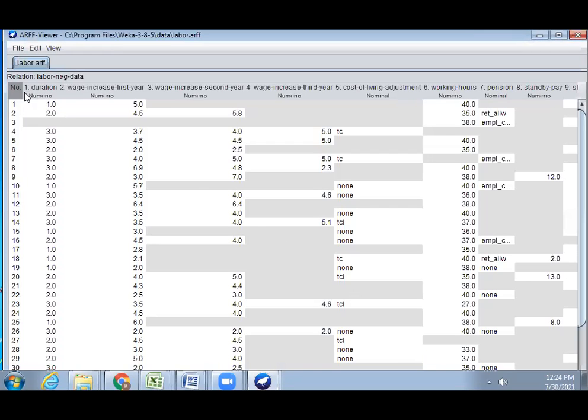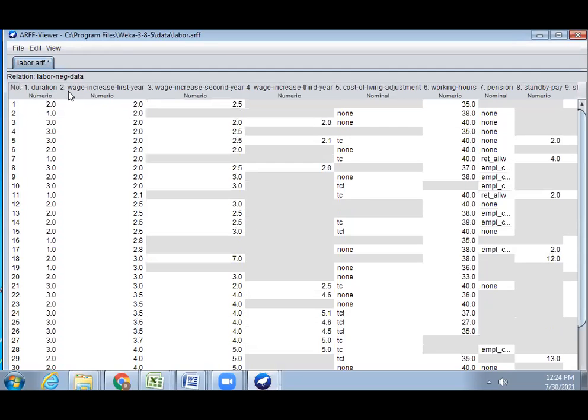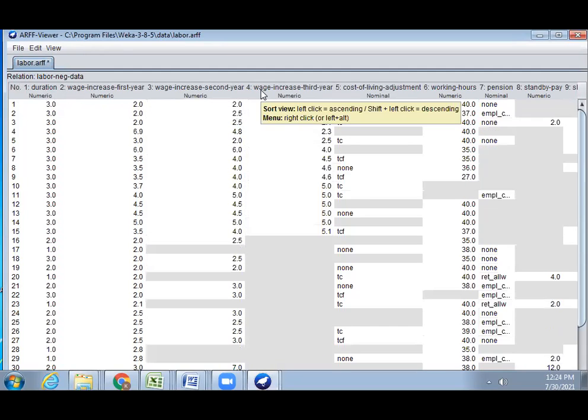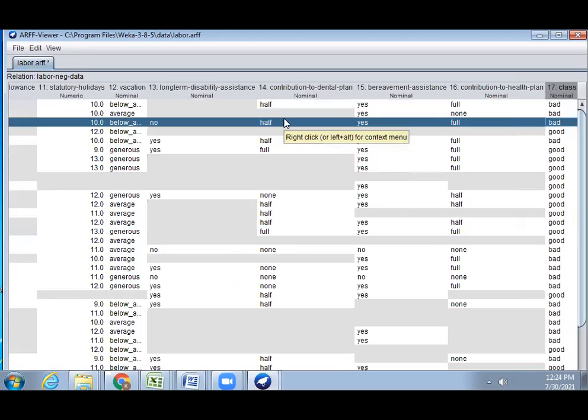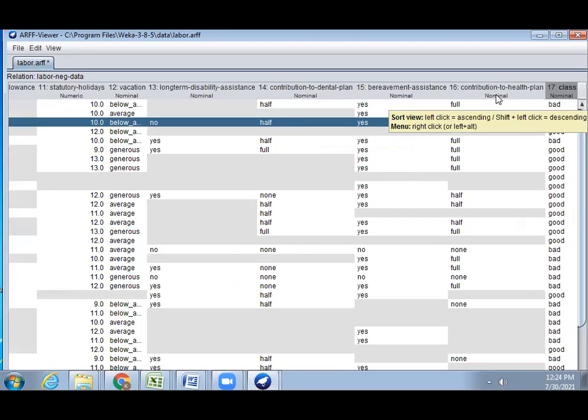The file is open. From this file, how many fields are there? I think 17 fields are there in the data set. There are 17 fields, that is, 17 attributes.